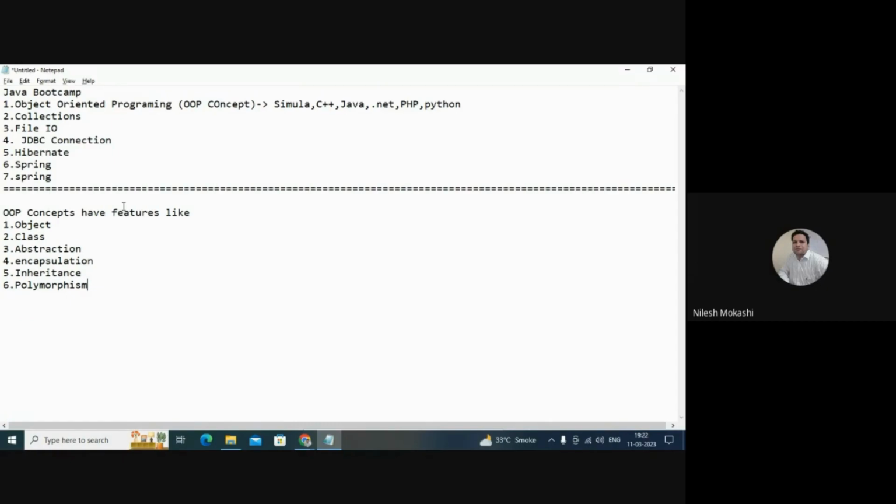Once you are enrolled into the system, we will have much more time in hand, and at that time we can discuss them with practical examples as well. Now these 3, 4, 5, 6 are also called the pillars of object-oriented programming. Various names are used for OOP concepts, and a few sites use the term pillars of object-oriented programming. So let's start with the object first.